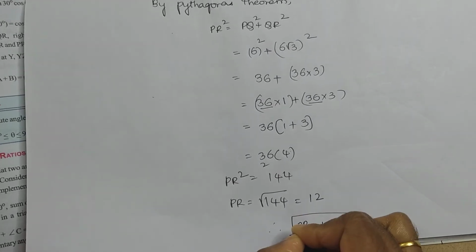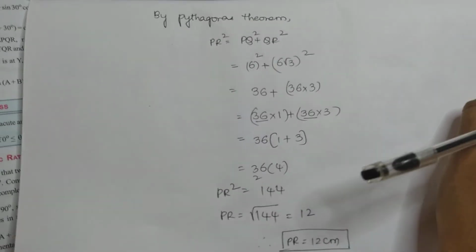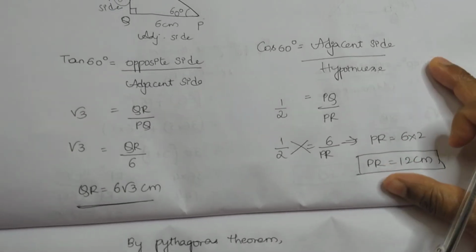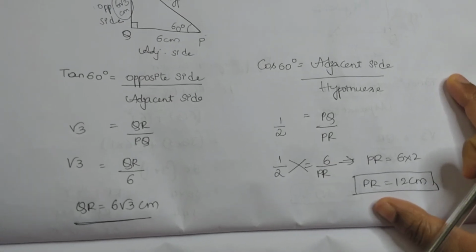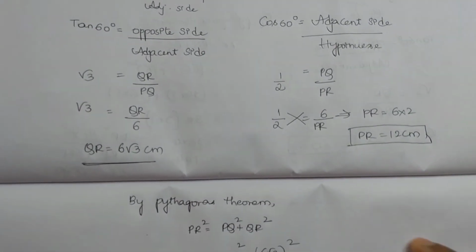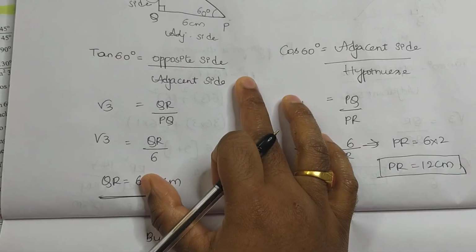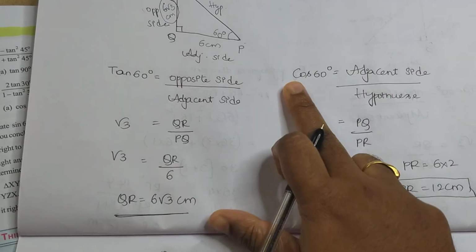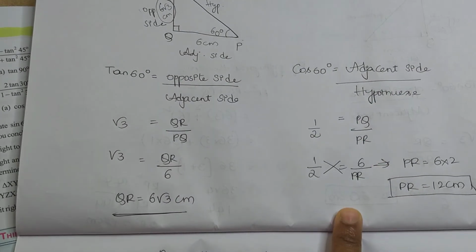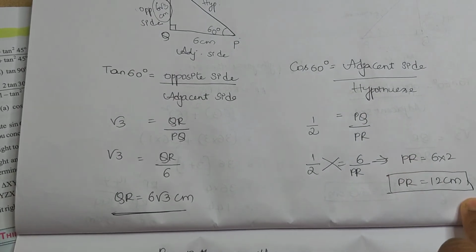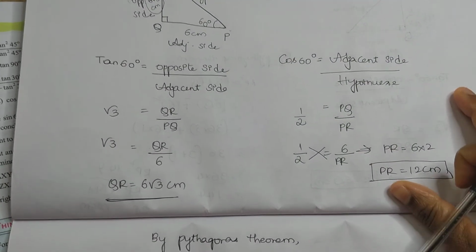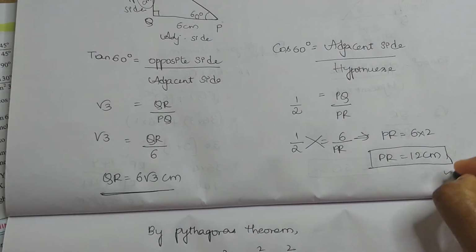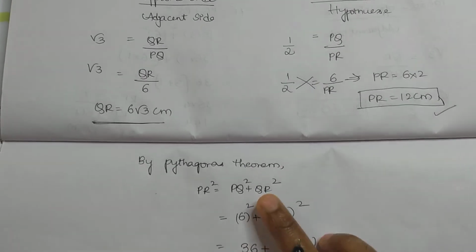This is another way of finding the hypotenuse. So it's up to you. Whichever method you find easier, you please do that. Okay. So this is the easiest way I felt. So that's why I have told you this first. And this is as per your textbook format. First, using the tan, I got opposite side. Once you got opposite side and adjacent side, here I have used cos functionality. So based on that, you will get hypotenuse, which is PR as 12 centimeters. You can use either cos or sin functionality. You'll get the hypotenuse in this way, or else you can use the Pythagoras theorem.